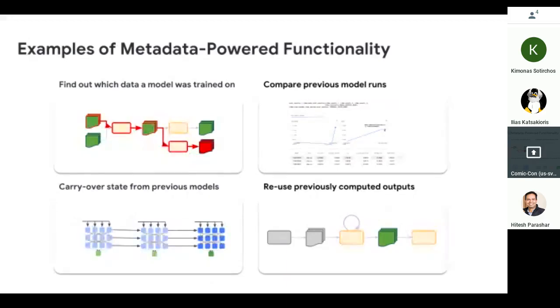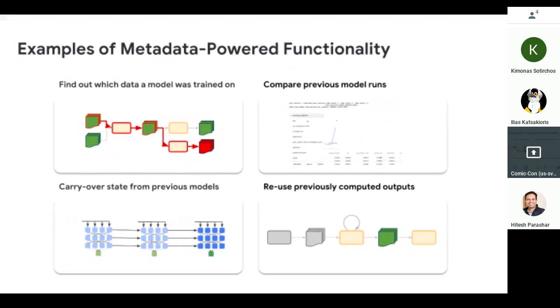For instance, to find out what were all the inputs that were used to build a particular model. Because we know how the steps depend on each other and what artifacts have been produced, it's fairly easy to trace back from a produced model all the way up, rather, to the data sets and schemas and all the other files that we used to build this model,